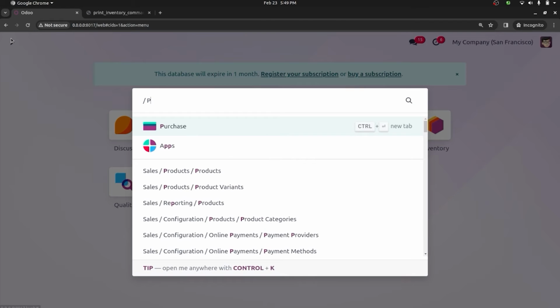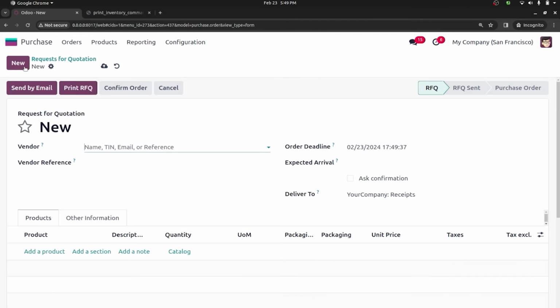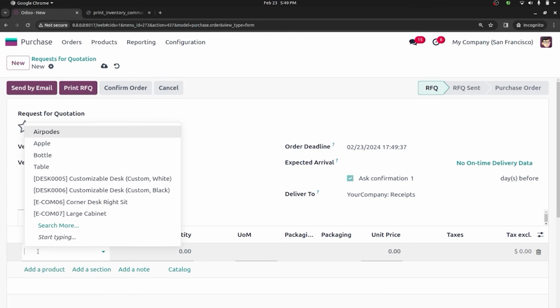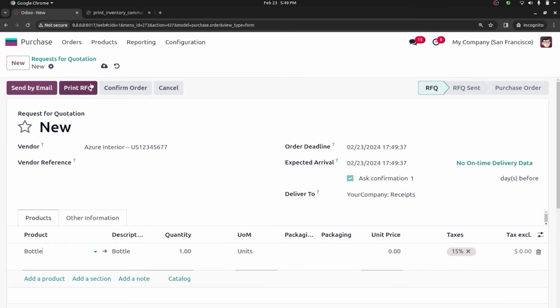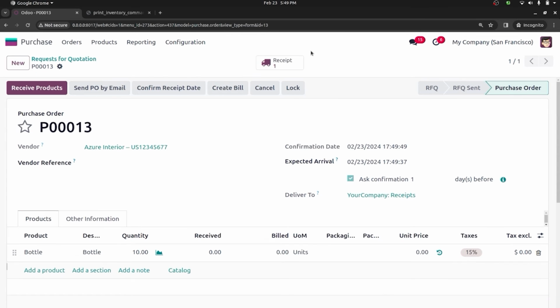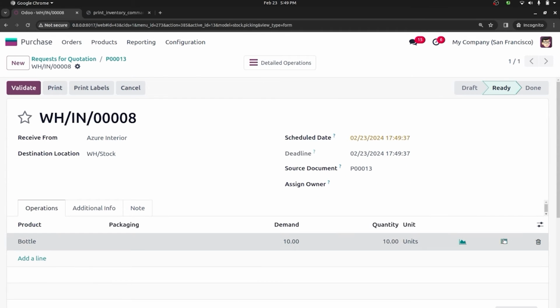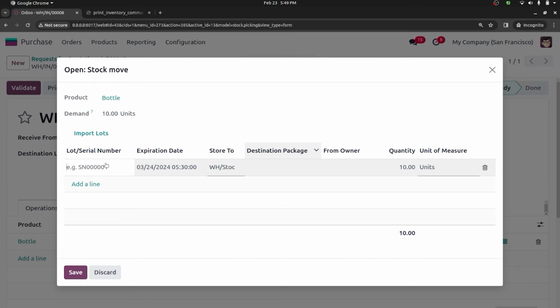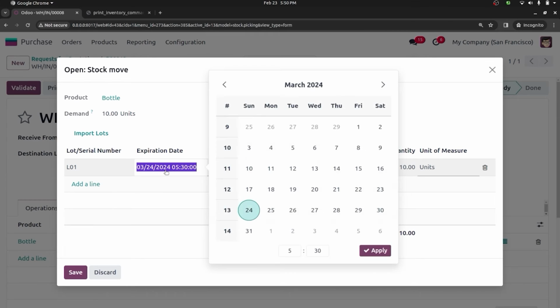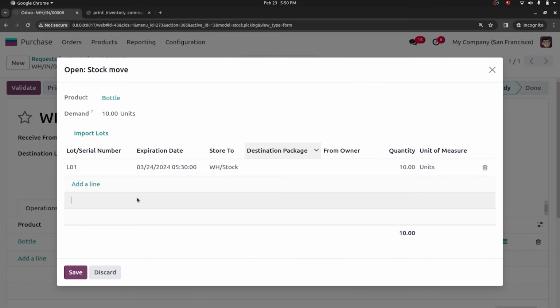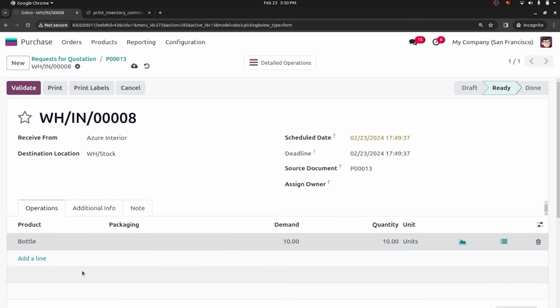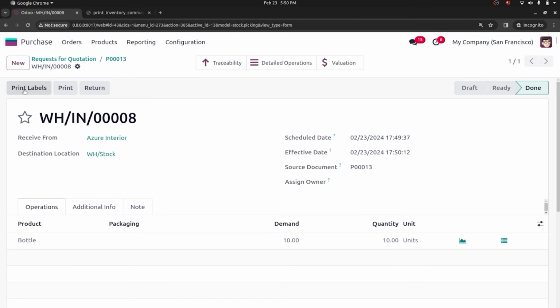before that, let's purchase the product. Here I'm creating a new purchase order. I'm choosing vendor as Azure Interior and I'm choosing the product bottle. The quantity is 10. Let's confirm the order and click the receipt. Here we can see we can allocate the lot number. Here I'm adding the lot number as L01 and we can set the expiration date here. Then let's save it. After validating this,